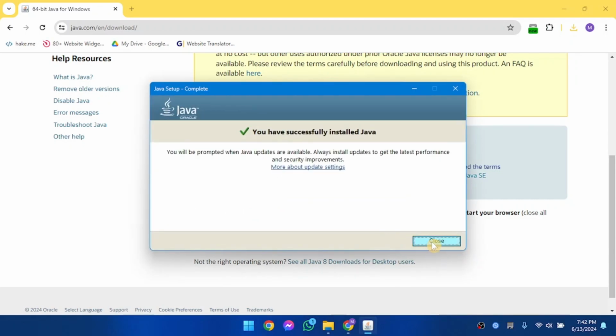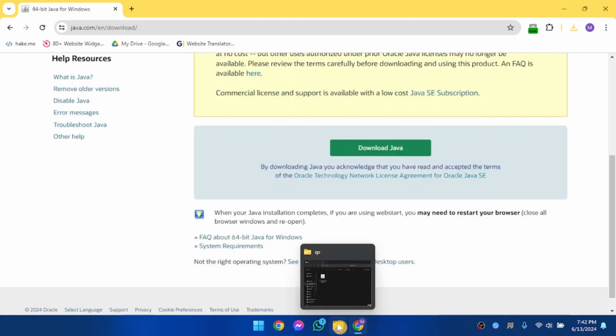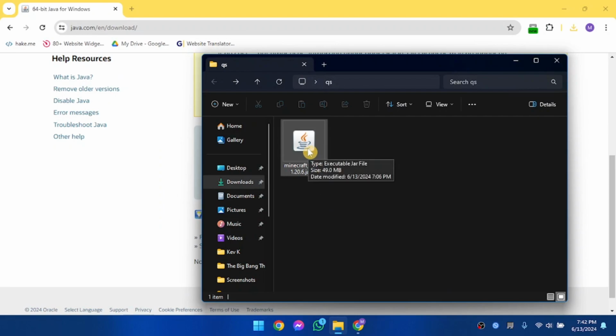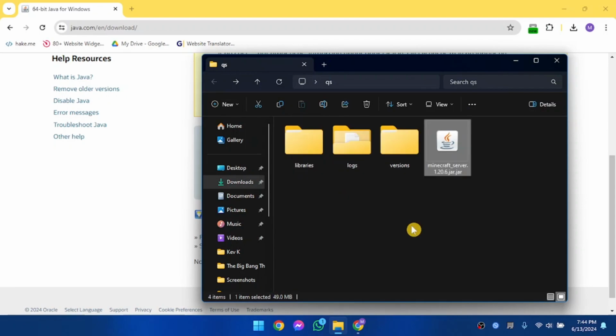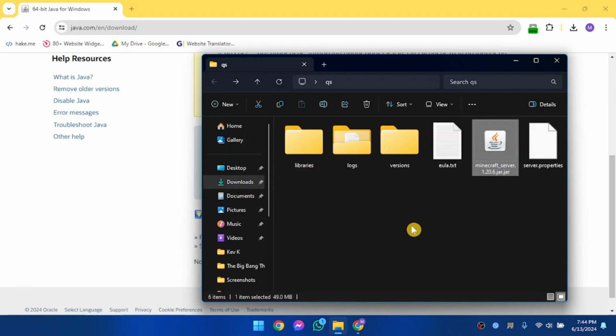Alright, so our installation is finished. We're going to close this window and then we are going to open our Java file. Now we're going to be able to double click and open this jar file easily. So let's double click. As you can see, the jar file has started working and the data from the server had started to download. But still, if double clicking is not working, then what you should do is right click